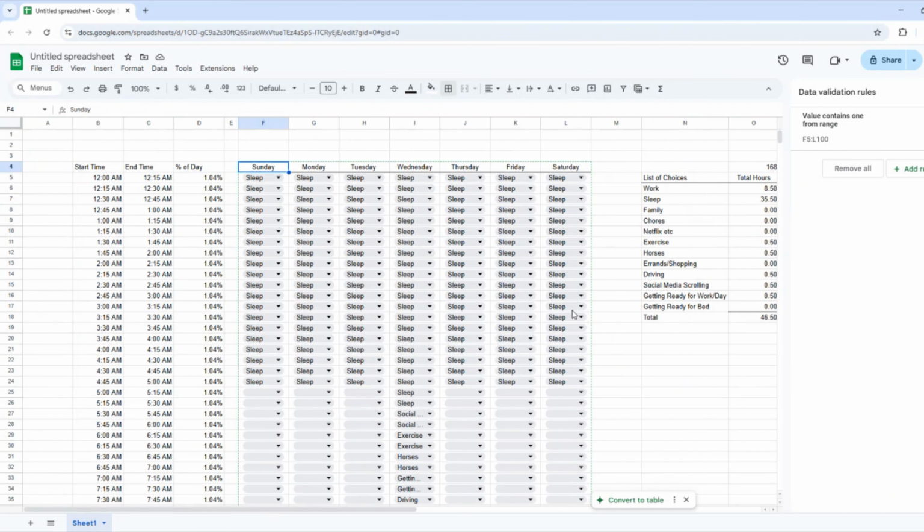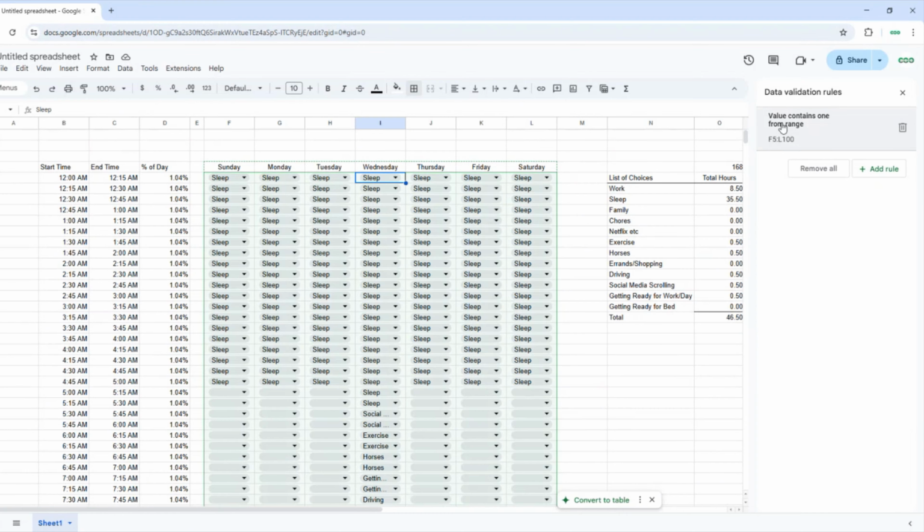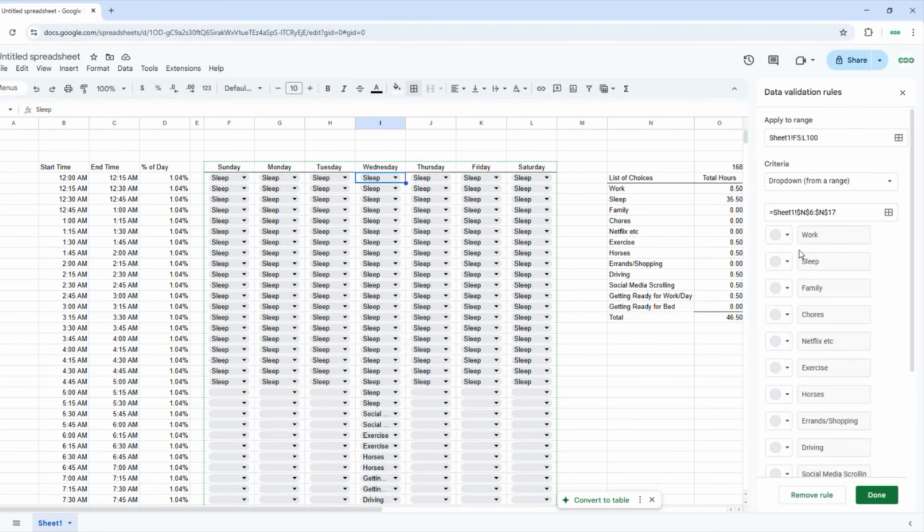So if I didn't have the data validation rules open, I could click the data menu, then select data validation. But since I have it open, I can just click on the rule I have set and open up the customization. Here you can see the category list. From here you can select the category, specifically the arrow to the right of the circle, and change the color